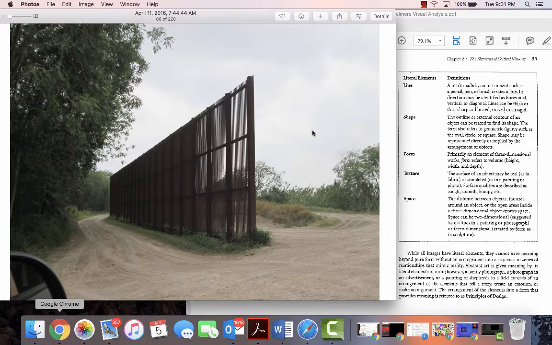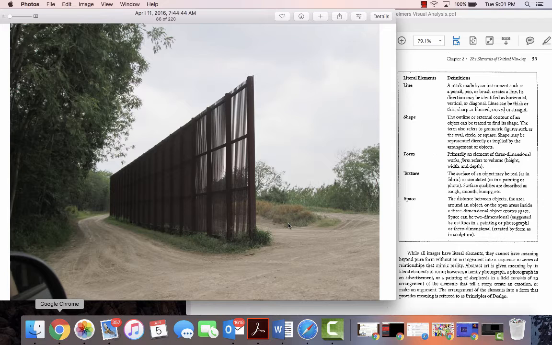Texture, the fence certainly has, like I said, that hard texture. In this space, the distance between objects, you've got the road here around the fence. So the road on both sides pretty much kind of,